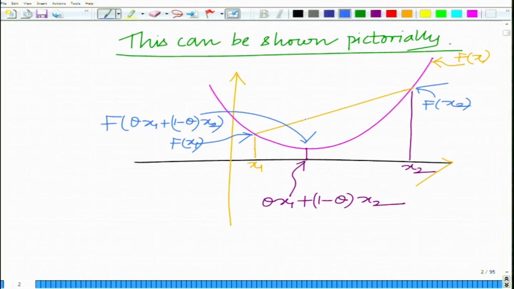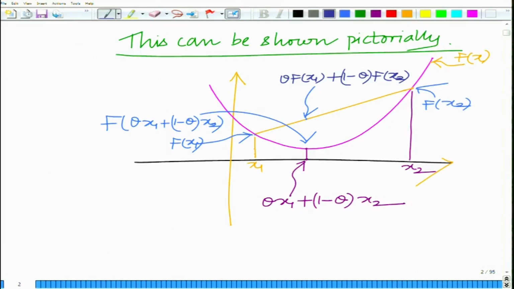So, we now consider the line segment joining these points f of x1 and f of x2, and theta times f of x1 plus 1 minus theta times f of x2 is this point, and you can see therefore that f of theta times x1 plus 1 minus theta times x2 is less than or equal to theta times f of x1 plus 1